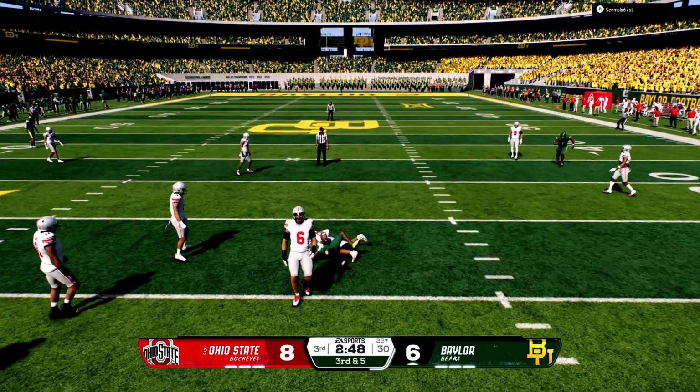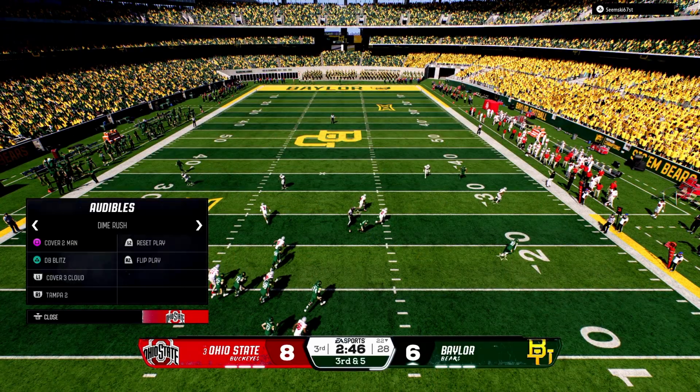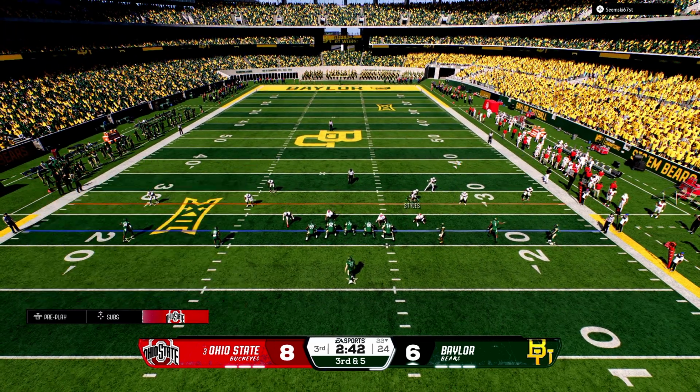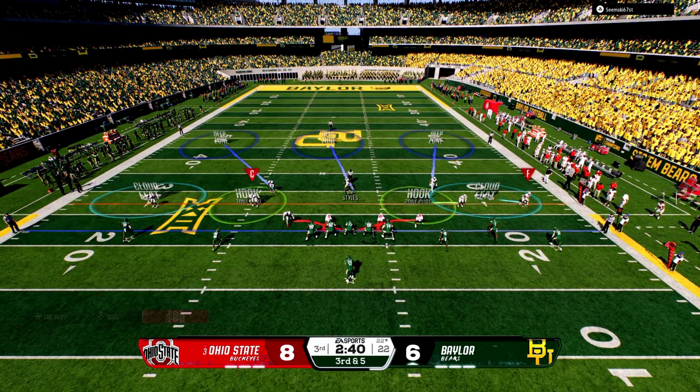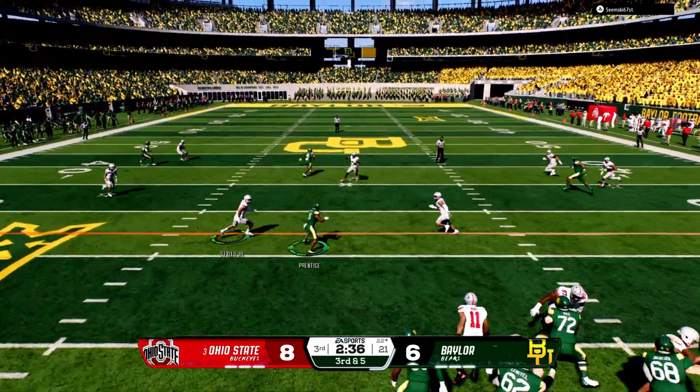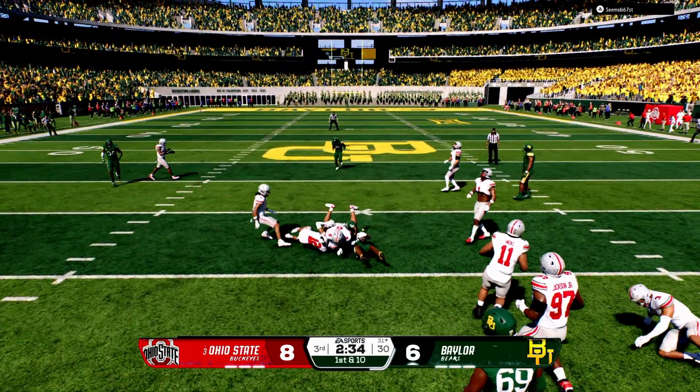Great throw. Great read. Just a great read. Fitting it in the window. God. All right, this is the way we're going to play defense from now on. I'm tired of this. Give you a little flat. Man,